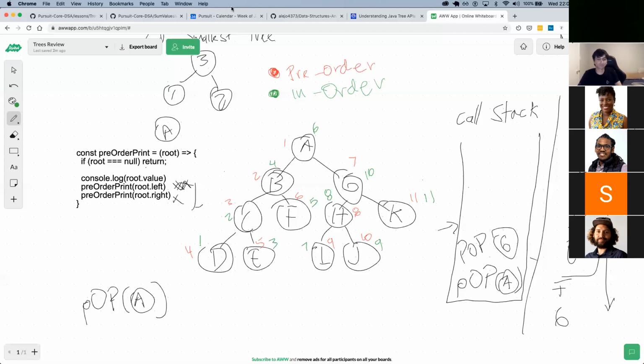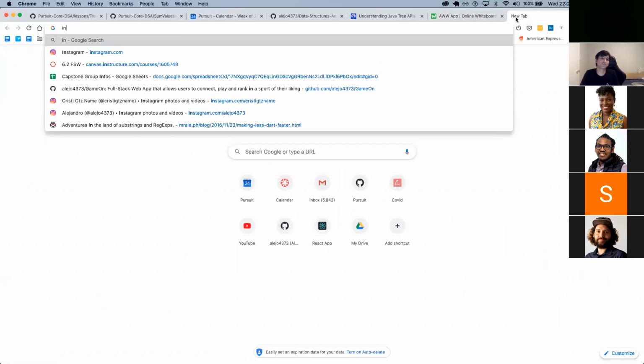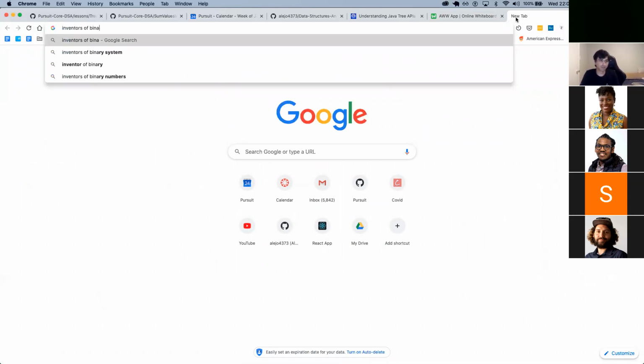Do Japanese programmers put right first or not? I'm trying to see if I know any Japanese programmers. Not really. I don't know. But it might be that this was influenced by the fact that I don't remember who the inventors of this were, but I kind of think that they were American. Here, let's do a quick search. Inventors of binary tree.